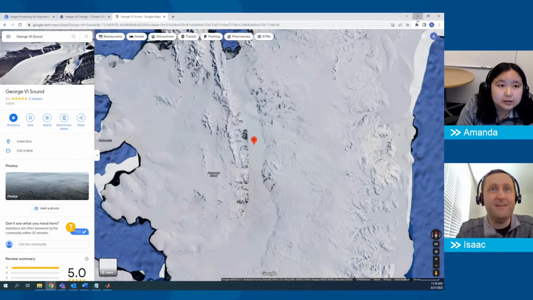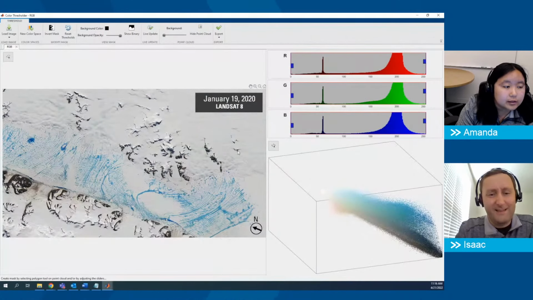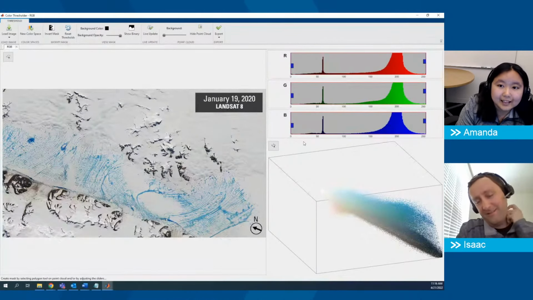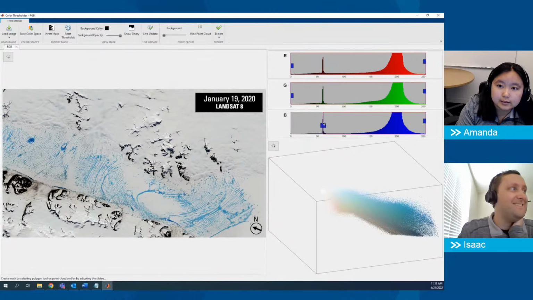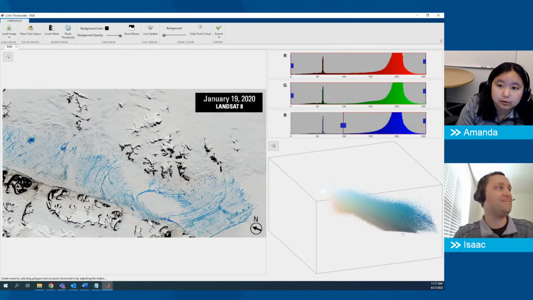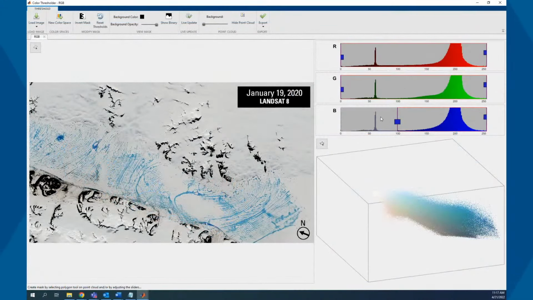Okay, cool. So let's segment that water. We can start by just playing with a couple of these sliders. We can pull these sliders to segment out part of it, to remove part of it from the image. And so let's say we want the blue. So let's try getting rid of